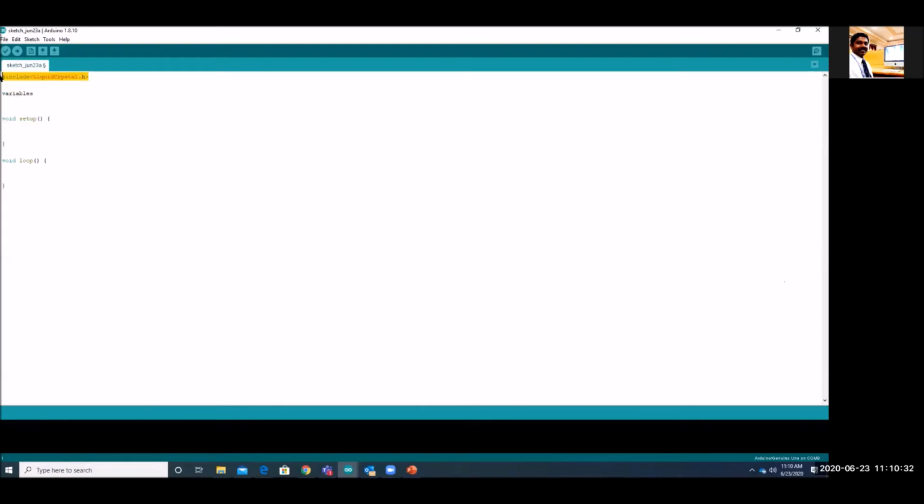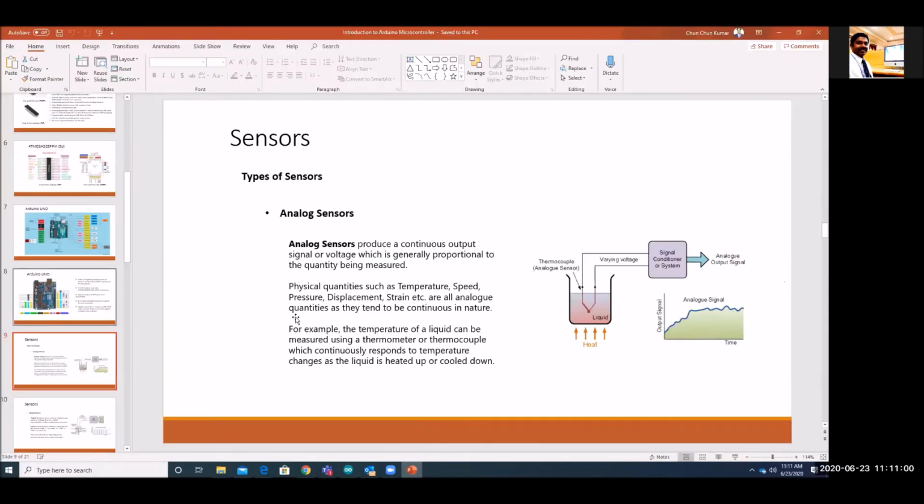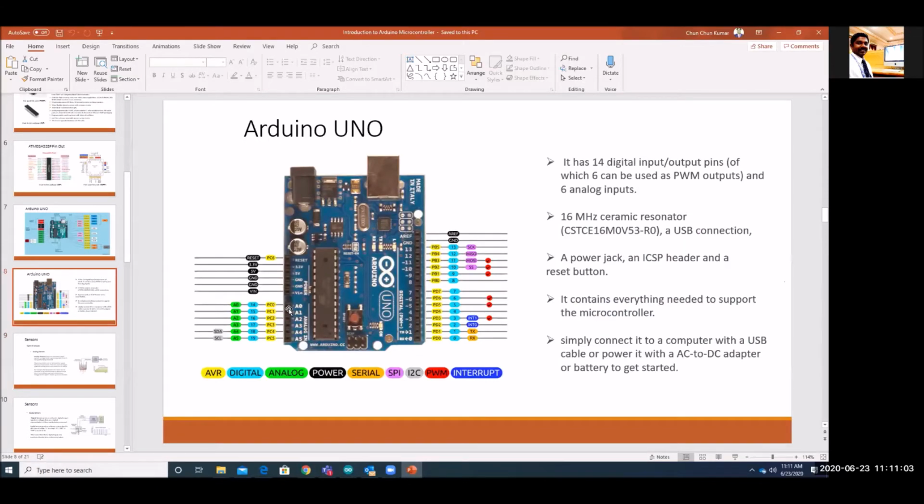Here we are not using LCD, so we can remove it. Now we will write a program to read the analog value. Suppose we are connecting the sensor to A0. So what we can do is write define read analog, and we can give whatever pin we are connecting. So I am giving A0. A0 will be the A0 pin of the microcontroller. I will connect any analog sensor to the A0 port, and then we will be getting the data.